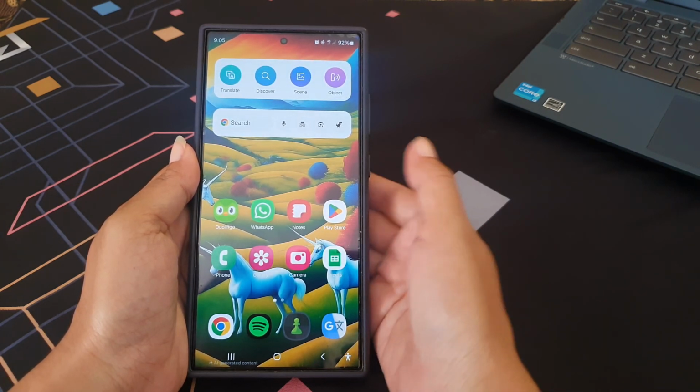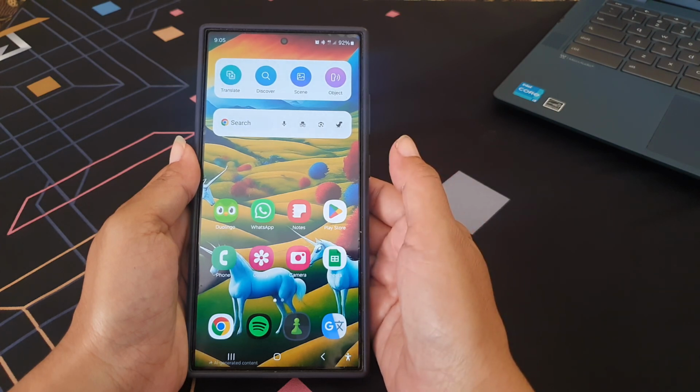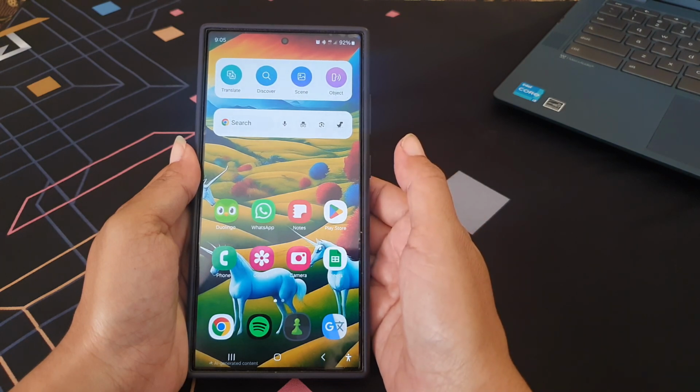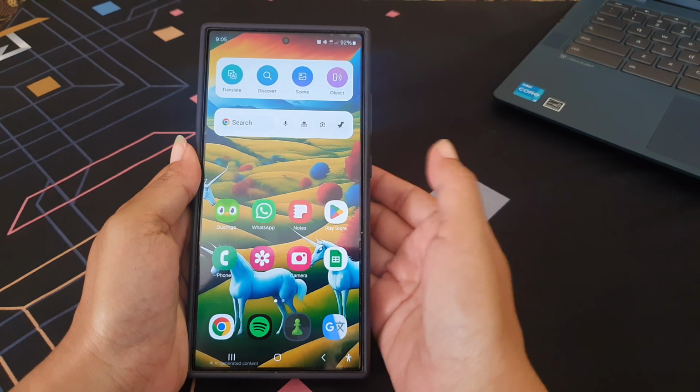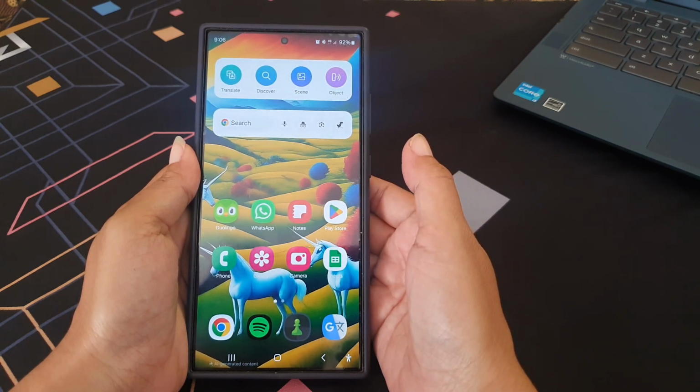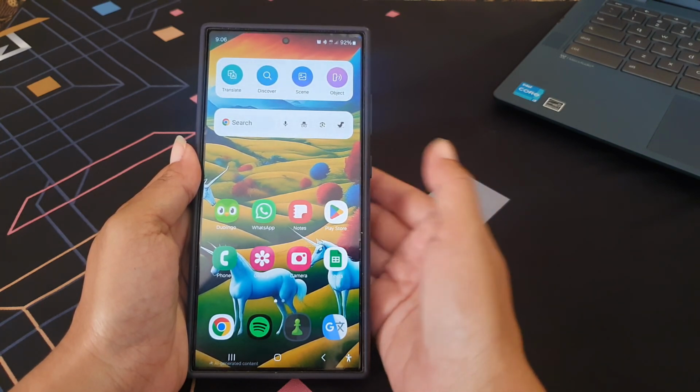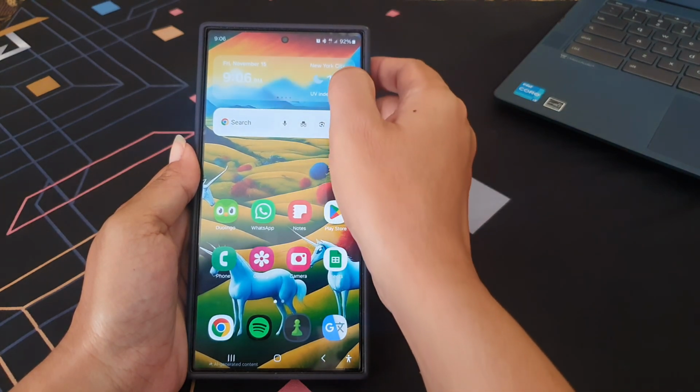If needed, you can repeat this step to add another widget to this stack. By creating a stack, you can place multiple widgets in one place, so you can put more widgets on your home screen. To switch between widgets within a stack, swipe the widget to the right or left like this.